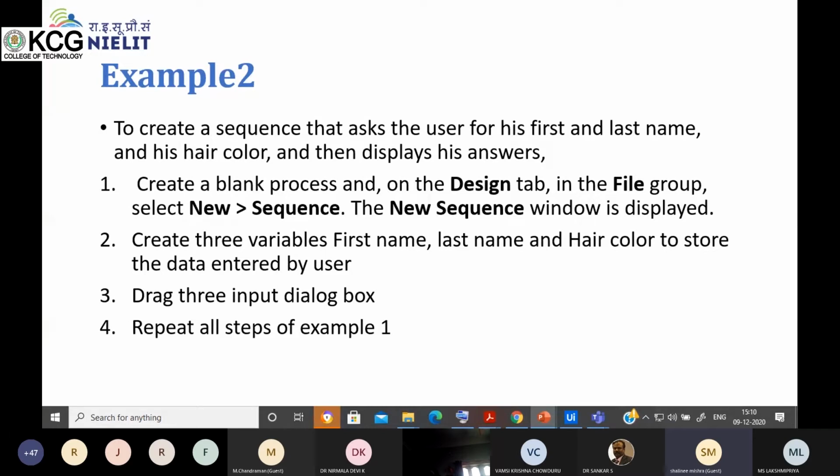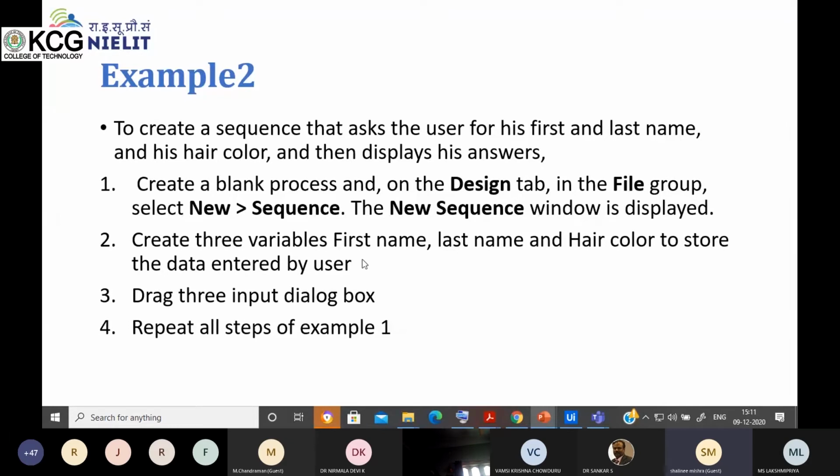There we took the input dialog box activity to take the input from the user. In the same manner here also I want input from the user, because I want the user to provide his first name, then his last name, and then his or her hair color. Then after that I will display it using a message box.